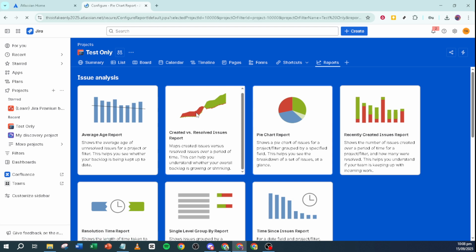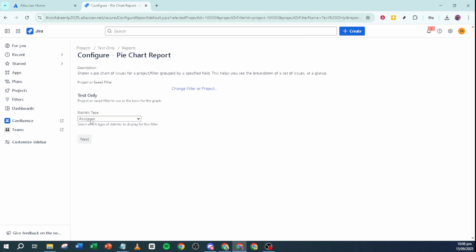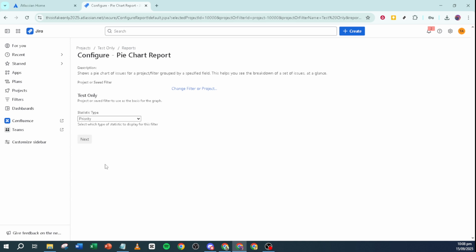After selecting your report type, the final step is to click on the Next button to generate the report. Clicking Next will start the process of data gathering and analysis using the parameters you've set. Allow the system a few moments to compile your data and generate the visual representation of your desired report.